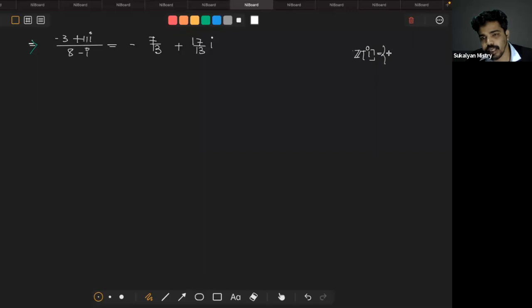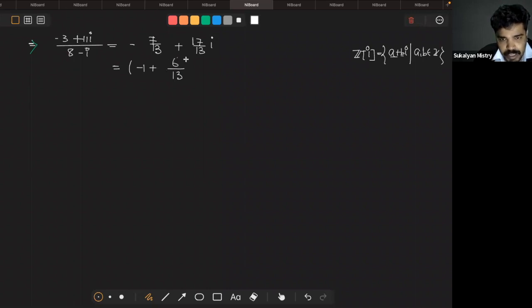এবার z এর এলিমেন্ট গুলোর স্ট্রাকচার হচ্ছে, elements of Z[i] is a plus bi ফর্মে হবে, যেখানে a and b are integer, ঠিক, এগুলো আমি ইন্টিজার ফর্ম করতে হবে। দেখো টেকনিকটা দেখো, এখানে মাইনাস আছে, তাই তো, তো আমি এটাকে লিখবো এইভাবে, জাস্ট মাইনাস সাইন দিয়ে শুরু করবে, মাইনাস 1 প্লাস, এখানে নিউমারেটর ডিনোমিনেটর কি আছে, দ্যাট ইজ 13, minus 13 plus 6, it will be minus 7 by 13, সবসময় মনে রাখবে মাইনাস আর 1 দিয়ে শুরু করবো,